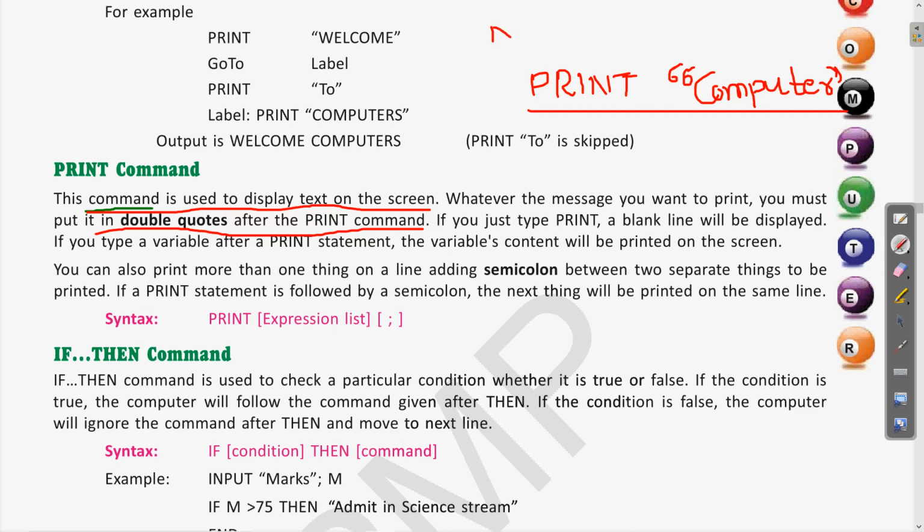Suppose you have written n is equal to 10, with the n we will write let, which means this let will assign the value 10 to the variable n. So suppose you have written let n is equal to 10, then after that, if we write print n. Clear? So if we write something like this, then the value 10 will be printed. Clear?